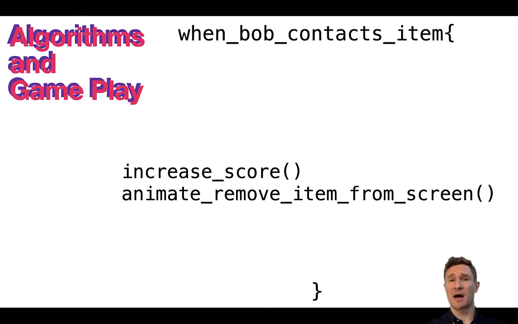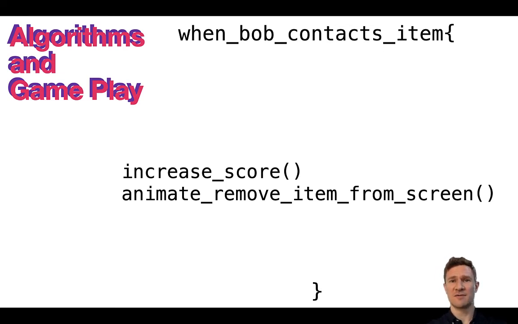Let's also talk about contact events. And so when Bob contacted the pickle in the video that you saw before, you saw that the score went up and there was a little animation that happened when the item was removed from the screen, when the pickle was removed. And so within SpriteKit, I want to have that happen on the event when a contact occurs. Now, thinking about my knowledge about SpriteKit, I know that that occurs in the didBegin function. So this code I'm probably going to need to put inside the didBegin function